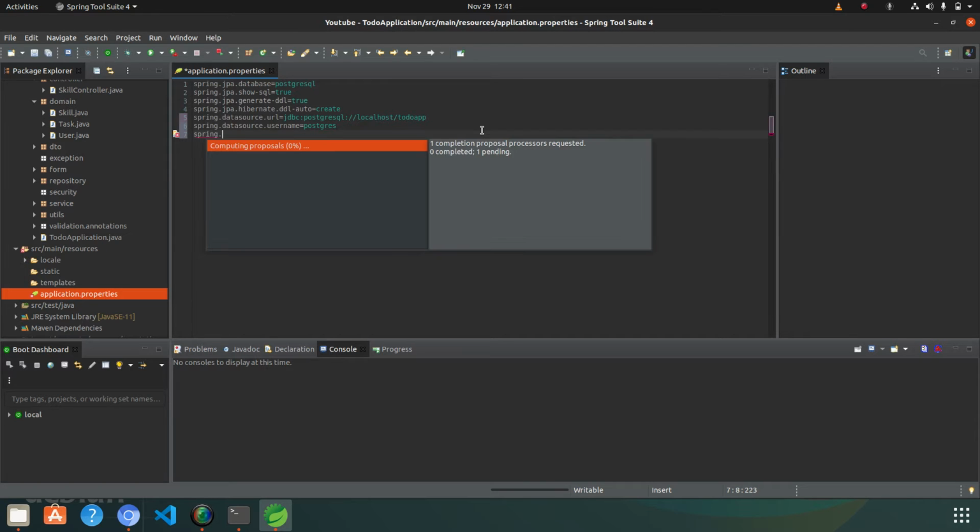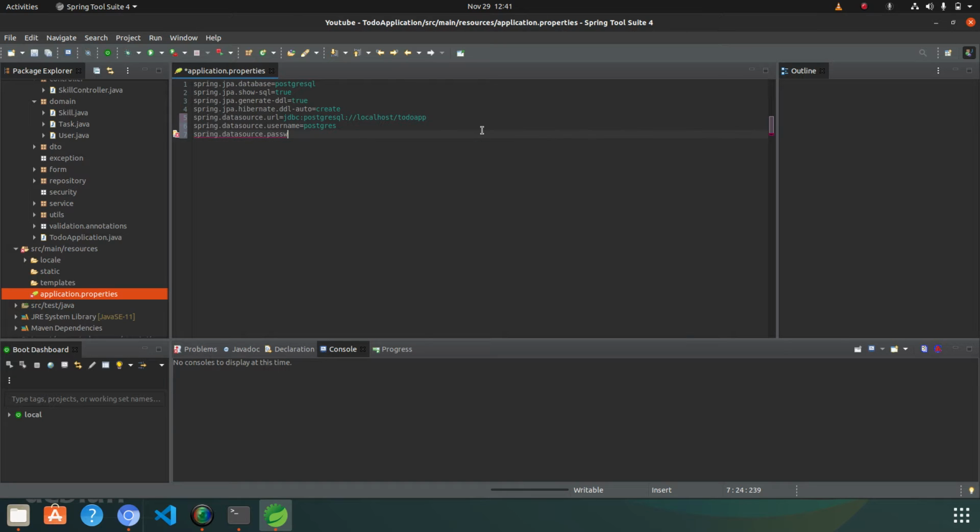Then after that we will provide spring.datasource.password, and the password will be postgres because it is my Postgres database password.